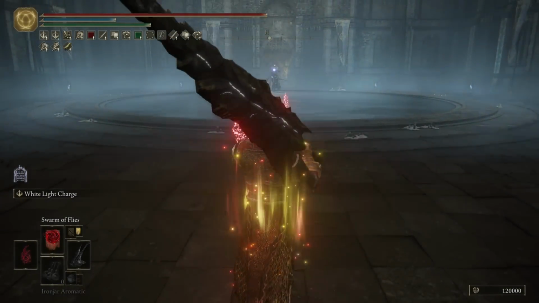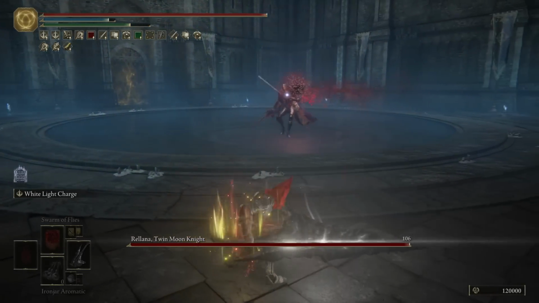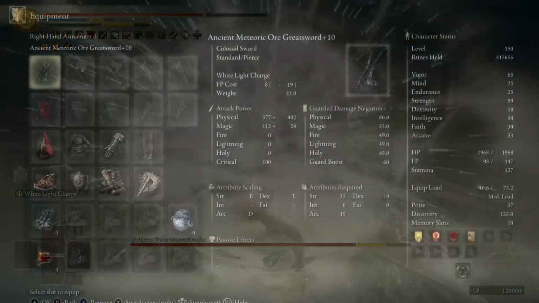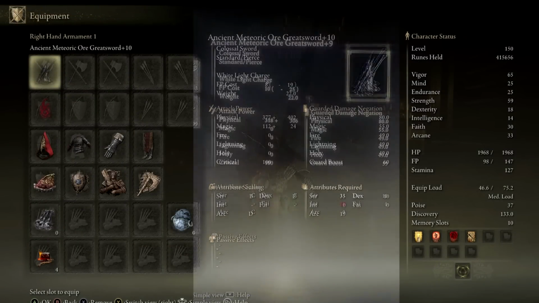Sixth up then, we have a sort of minimal one but an interesting one to note, which is the Ancient Meteoric Ore Greatsword. This is one of the legendary weapons in the expansion, extremely cool in a bunch of different ways, but this has a very odd bug where not only are the actual usage requirements different between PC and console versions of the game, with it even actually requiring int to use on console, but so is the scaling of the weapon,